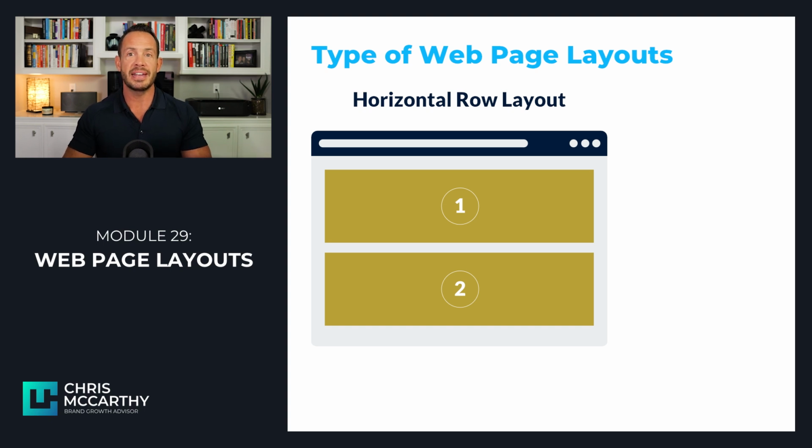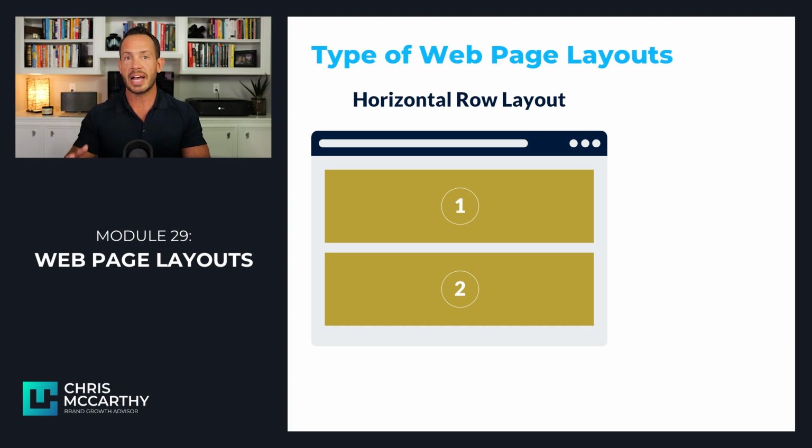Layout option number 10 is a horizontal row layout. This type of layout breaks up individual full-width sections of content down the page. Each section is not only full browser width, but typically almost full browser height as well. By separating content into these large horizontal rows, it builds user anticipation for the next section as they scroll down the page. Every row can be designed using individual brand colors, full screen photographs, and parallax to create motion and